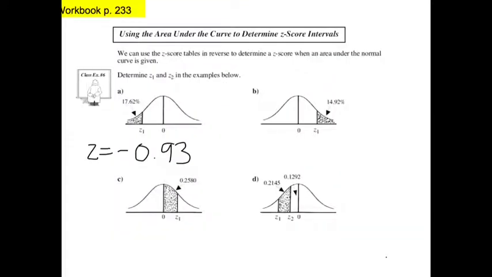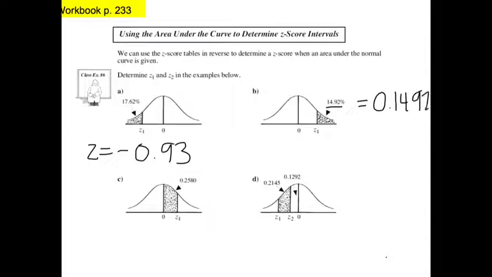The next one's a little bit trickier, because remember, the areas underneath the curve that the z-score tables reference is everything to the left of a z-score. In B, we have the area to the right of the z-score we're trying to find, which is z1. So what you need to do is first off convert this back into a probability. In that case, divide that by 100 and you get